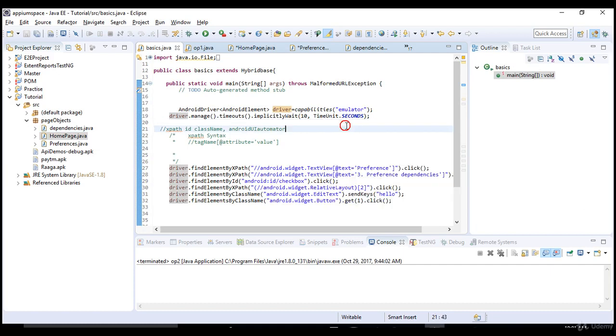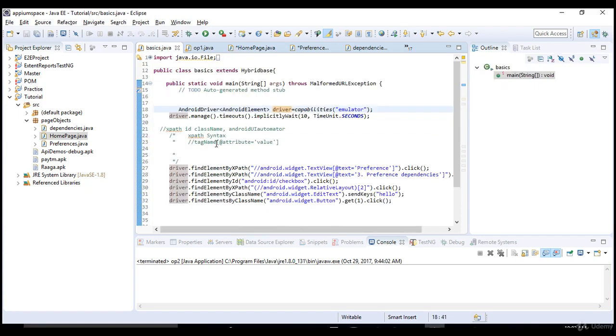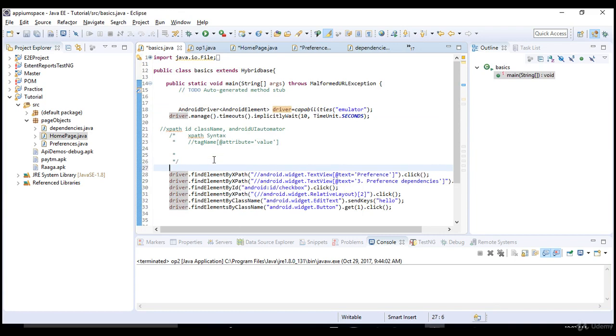So in this test case, I want to run an emulator, so my driver has the capabilities of that. So how do you pass this driver to the home page is a question, right? It's very simple and I can show you here. For that, first of all, you have to pass that object into here. Okay, so let me go back to basics, and if I create an object for that particular class,